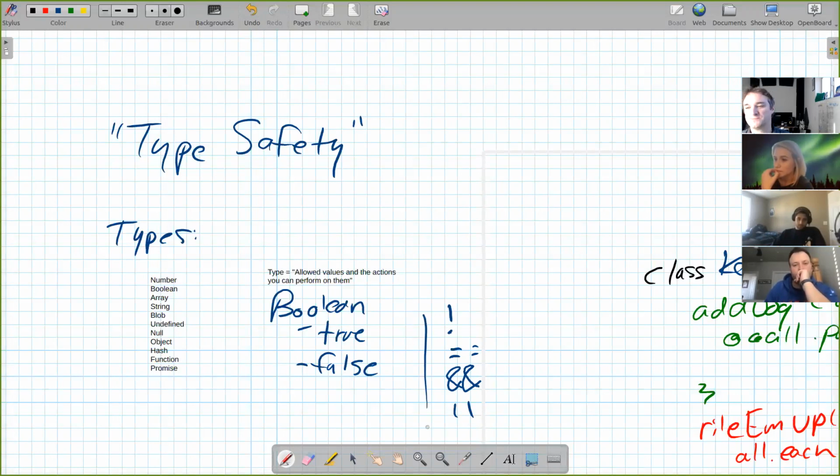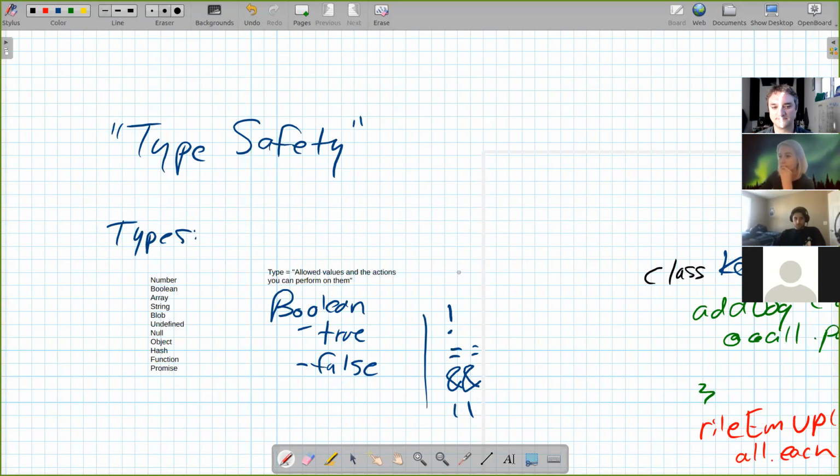There's probably some other ones, but that gives us an idea of the kinds of operations that we can take on something that's a Boolean type. Legal values, legal operations. That's a type. Questions so far?